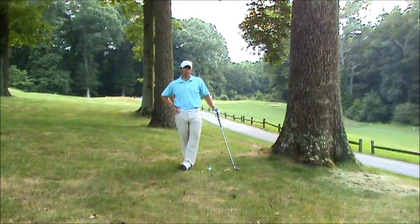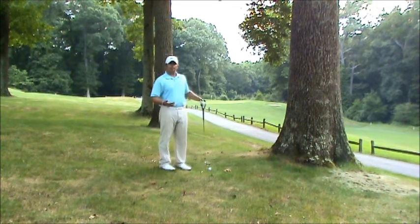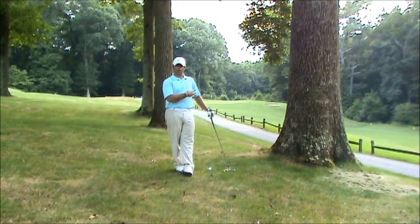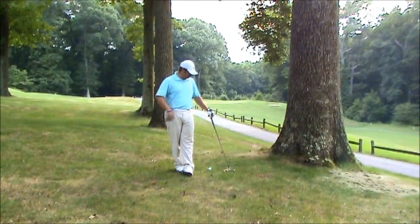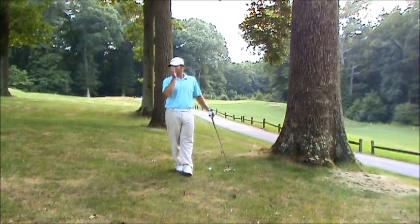We're on the 5th hole. Hooked my ball a little bit too far to the left, now I'm in some trees, and had a question about what do I do, or how do I get out of the trees. So, if you see a couple bugs flying around, that's normal. It's the middle of June,